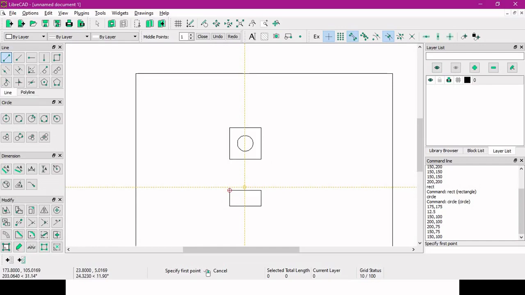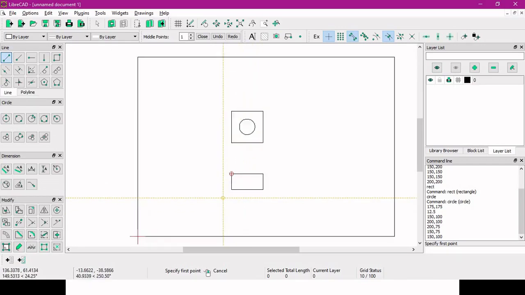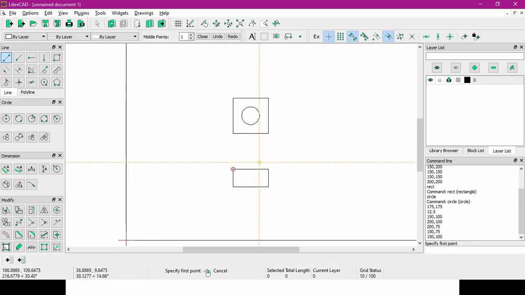So we got the elevation also. Here I have kept this distance more. You can manage to keep it less. I just assumed some things and kept them, so you can put them at a closer distance. Now we got the plan and the elevation, and let's go for the hidden line.